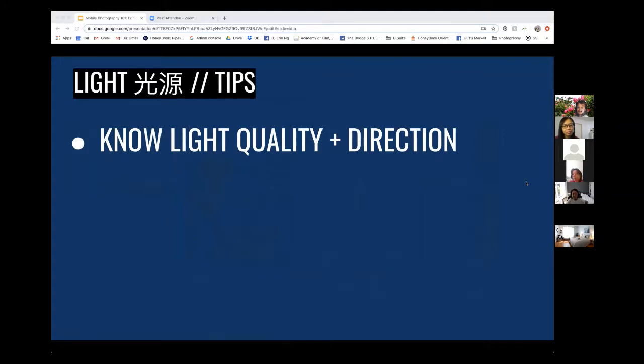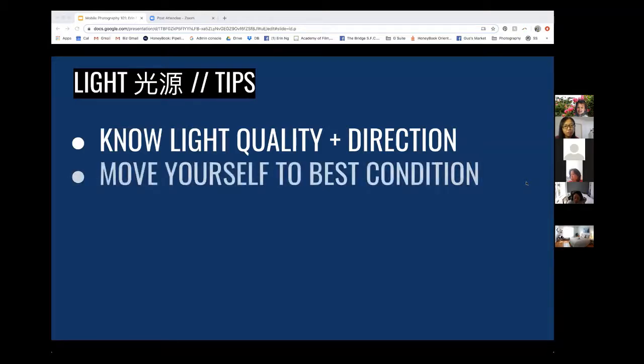Right. All right. So again, to recap. Main things about light is you have to know the quality and the direction. Okay, if you know those two things, you will be able to move your subject and move into places that give you the optimum conditions to take a good photo. 再有一個少少嘅總結，就係光係好重要嘅。只要你知道光嘅質素同埋光嘅方向，你就可以盡量利用你嘅環境去影到理想效果嘅相。